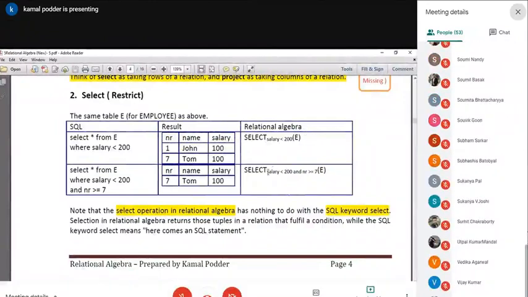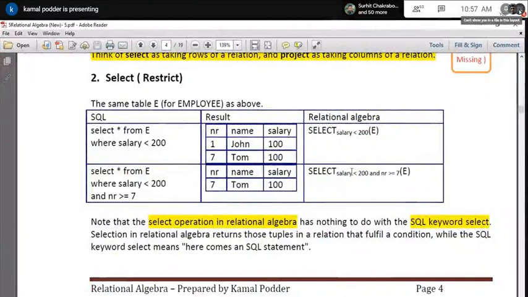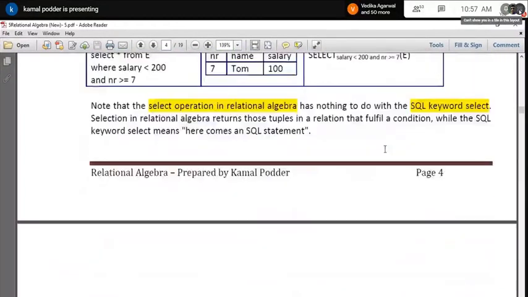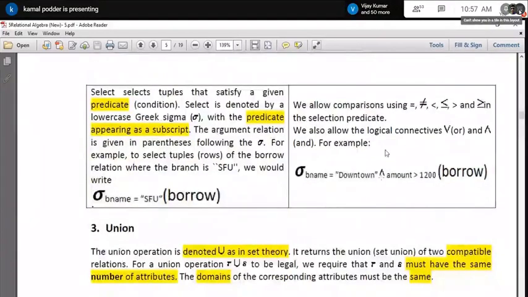Or you can write a complex condition, or sometimes we call it a predicate. If you write a complicated predicate with and, or operations, greater than, less than, everything you can use. So don't confuse it, repeatedly I'm saying, don't confuse it with the select clause of the select command of SQL.